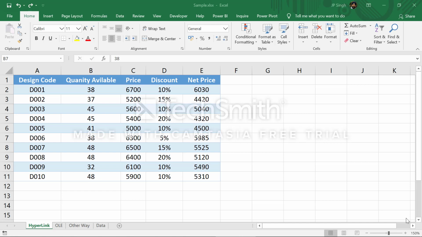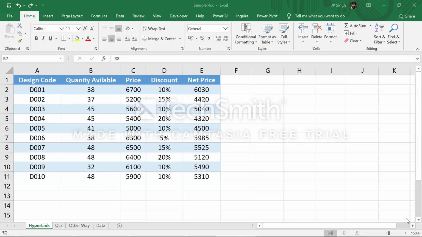In this particular video, I'll discuss hyperlinking a picture, object linking and embedding again through a picture, and one tips and tricks for inserting a picture inside the cell or displaying a picture. When you click on the cell or take your mouse pointer over the cell, you will get some informative picture that you want to display. So that I'm going to cover in this video.